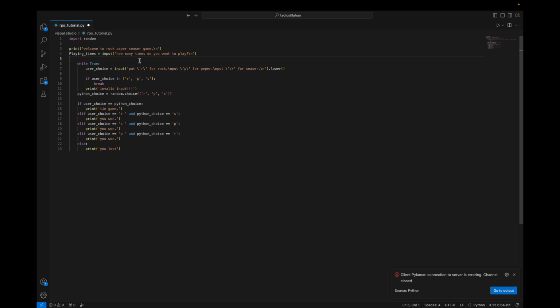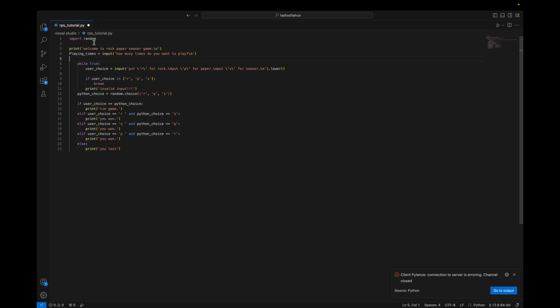But before I do that, we also need to make sure the person is inputting integer values. It isn't good if the person gives us a string value, because